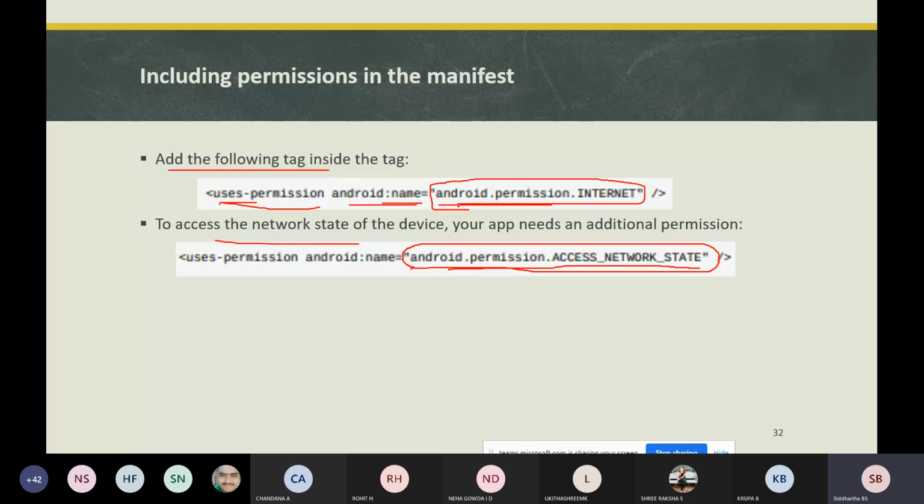The method uses an InputStreamReader. This InputStreamReader is an instance that is going to read bytes and decode them into characters.